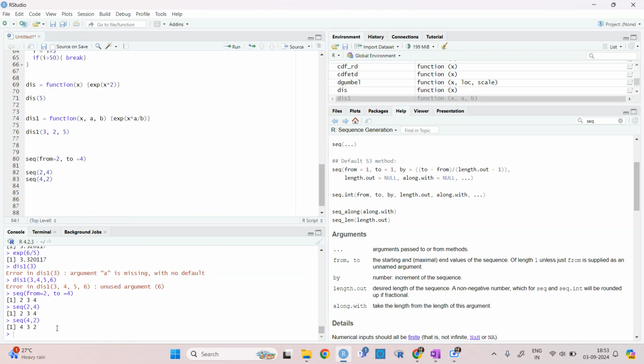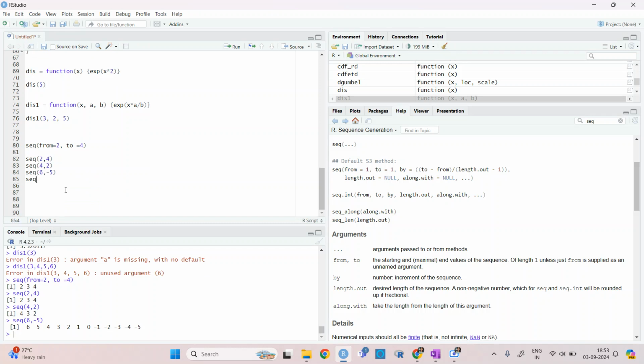It's not that you need to write an increasing sequence always. You can write it in a decreasing way also. It is also not important that you give positive numbers, so we can write 6 to minus 5. It will be 6 5 4 3 2 1 0, then minus 1, minus 2, etc.